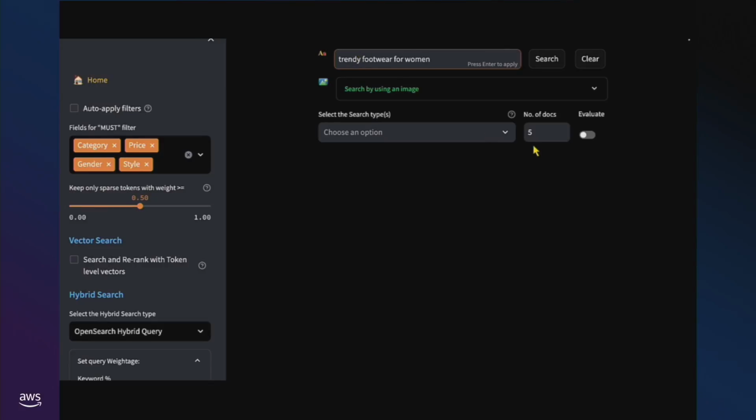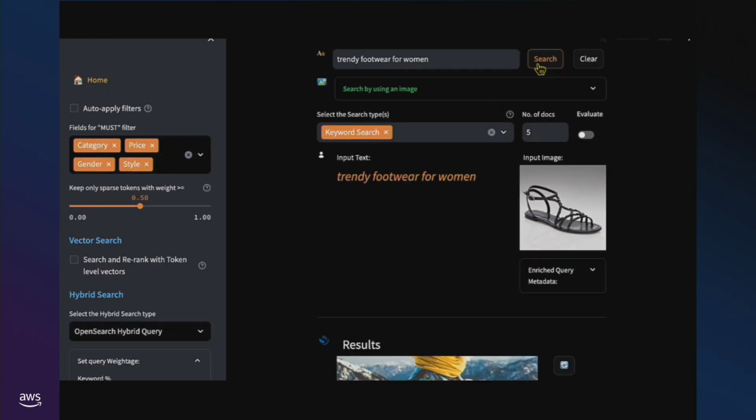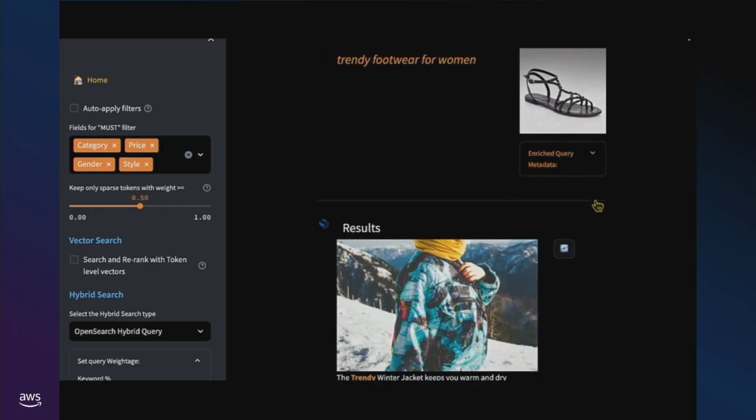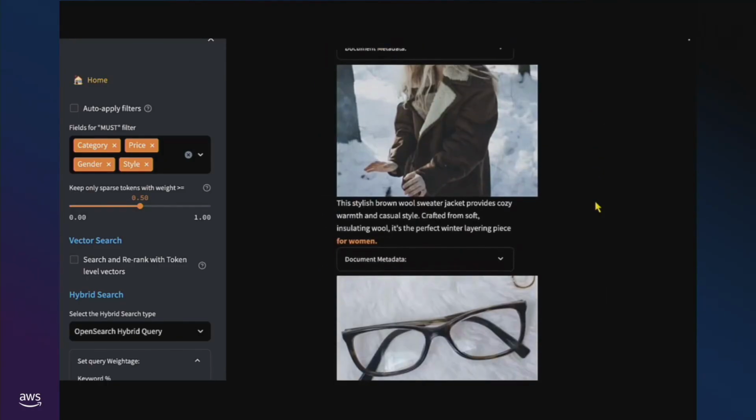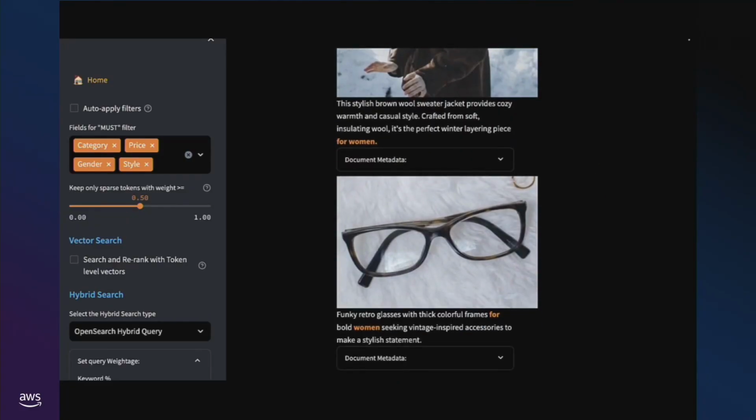Keyword search matches the keyword against the product's description without understanding the context of the query. And if you look at the search result, we see jackets, a coat, and glasses in the footwear search result. That is not relevant, right? To improve that,